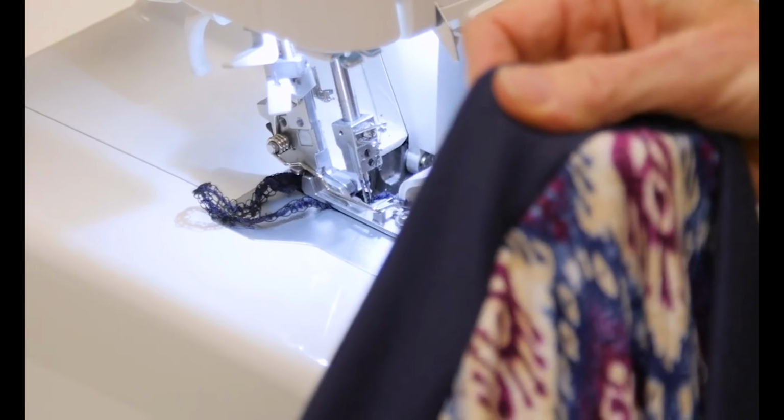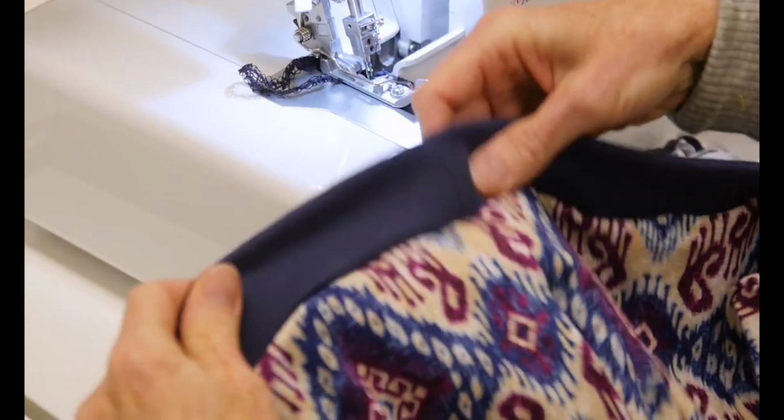And your waistband is attached and ready to have the elastic in it. Okay, so the waistband